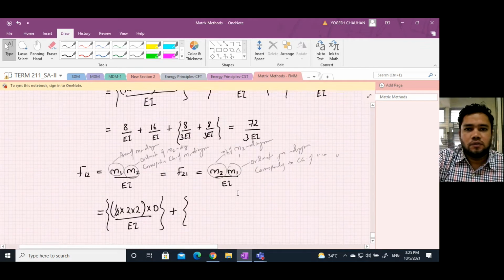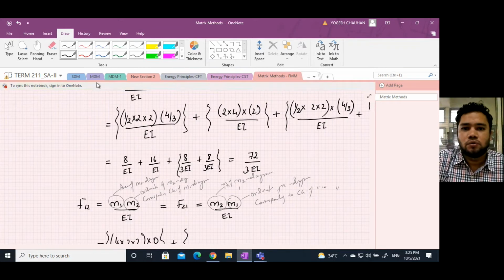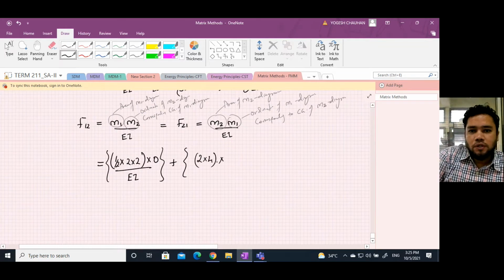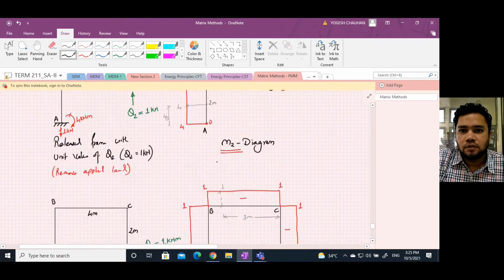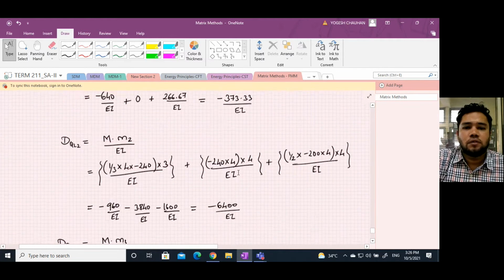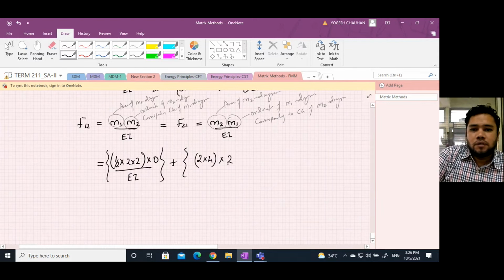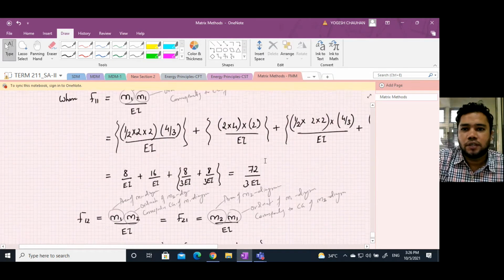So it will be 2 into 4 into 2. 2 into 4 into, let us check the sign, it is plus only, so it will be plus 2. Okay. Multiply by plus 2 divided by EI plus, now the third area,